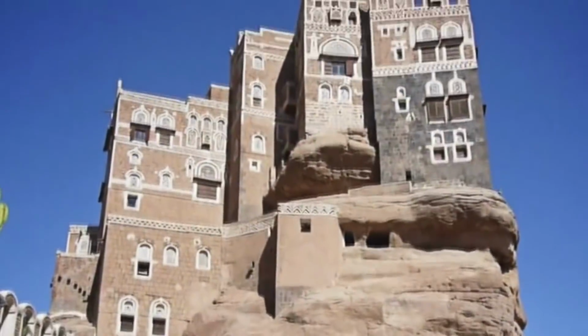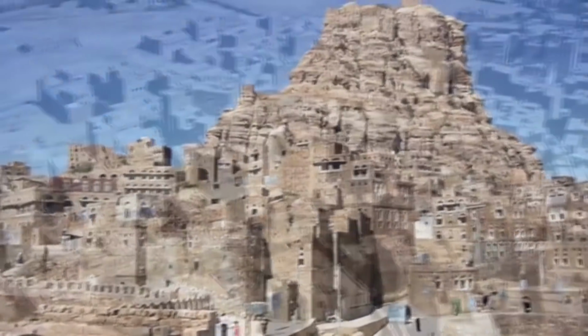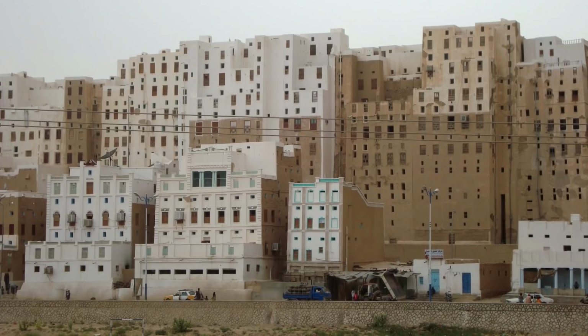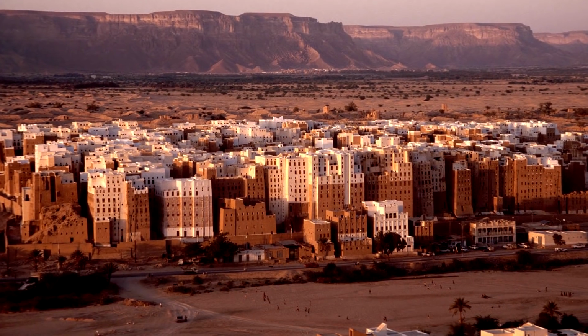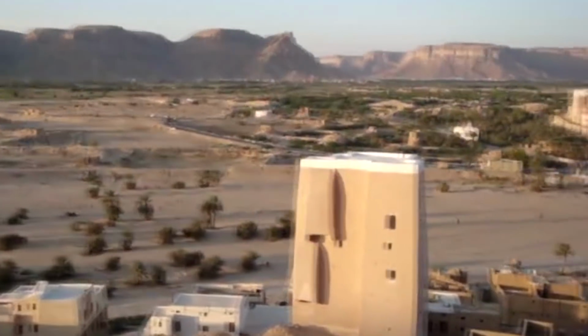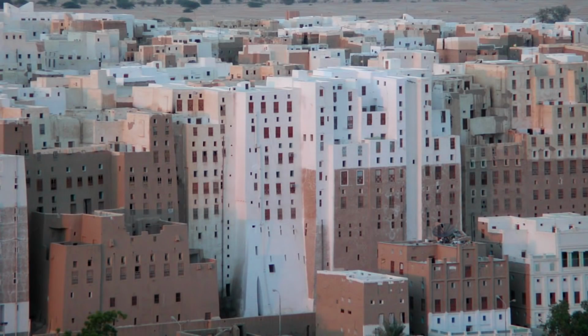The town was built 500 years ago, which was a very volatile time in the region. Frequent raids from nearby tribes would cause mass devastation and loss of life. The leader of the town eventually decided to construct massive 16-story buildings around the perimeter of the town. This successfully protected against would-be invaders, because as you can see, the buildings resemble a giant wall, and that was